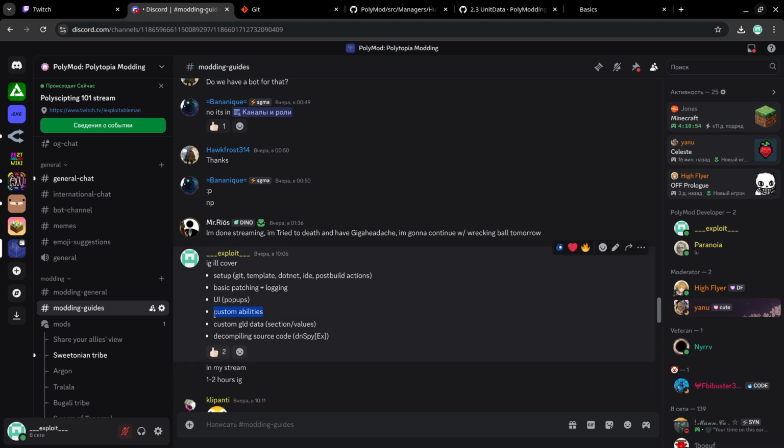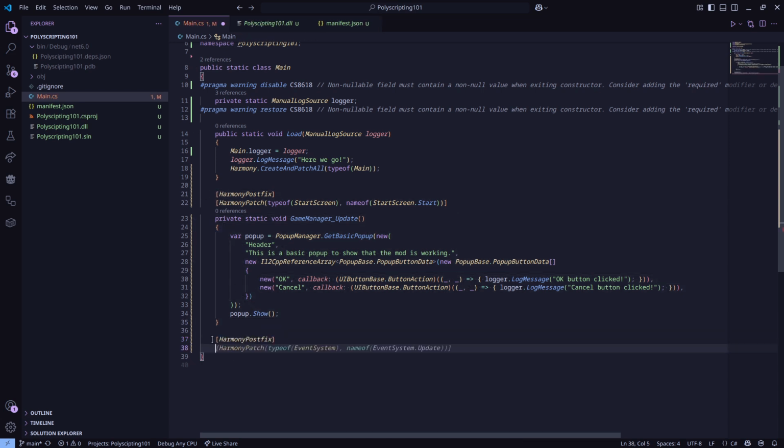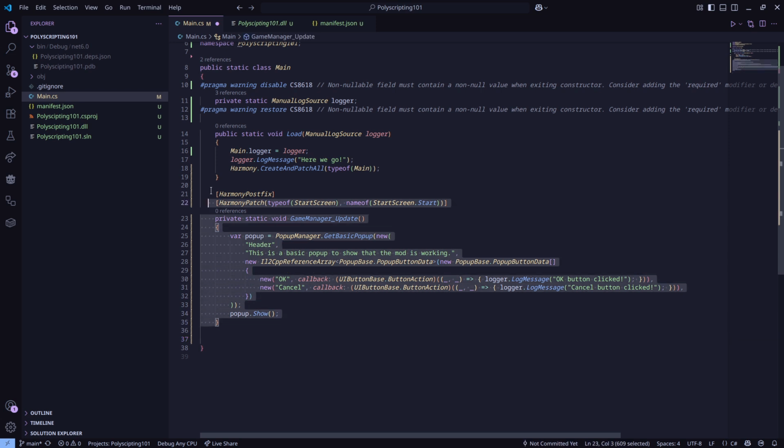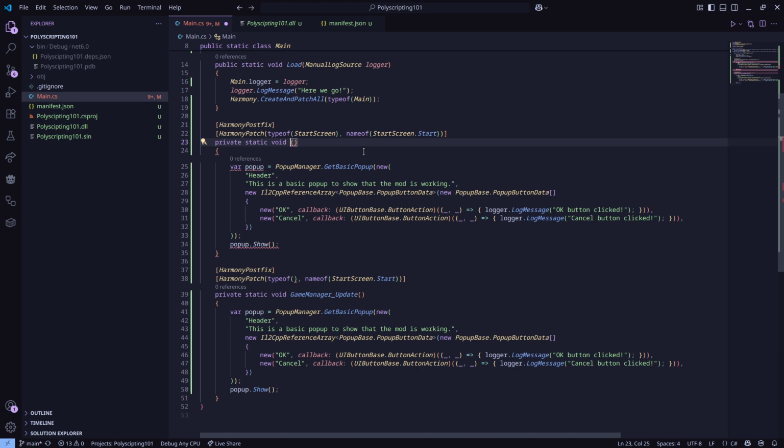Let's skip that for now and go to custom GLD data. So we're creating a patch. You can name the method of your patch as you want, but I recommend doing something like this. We will patch